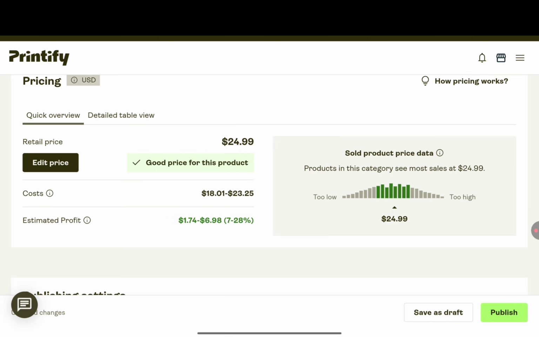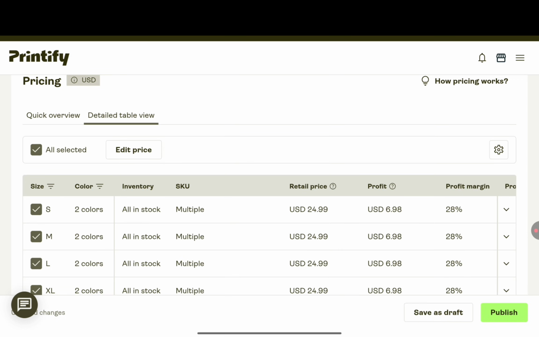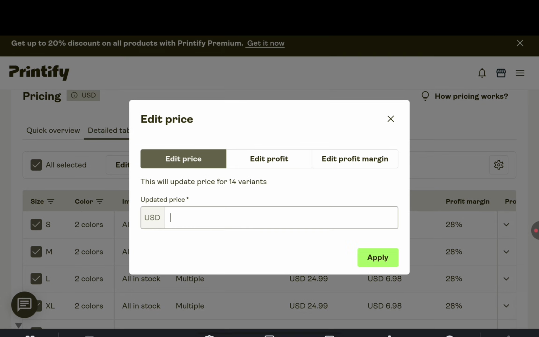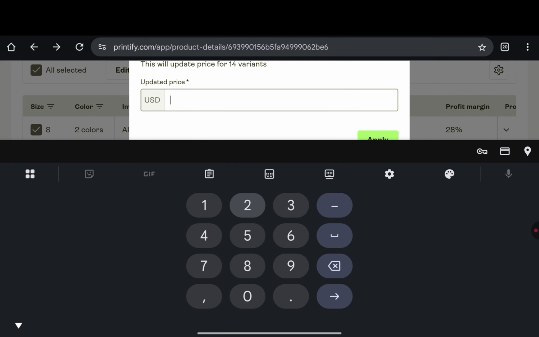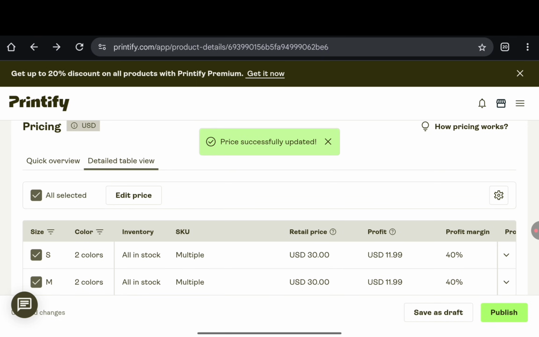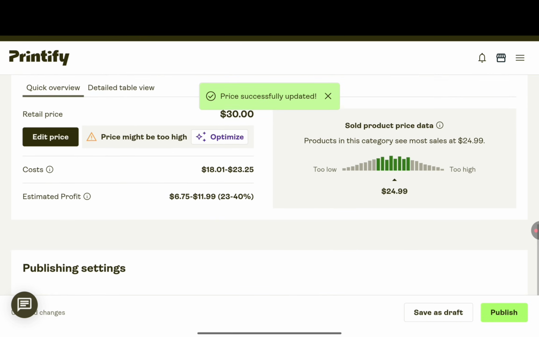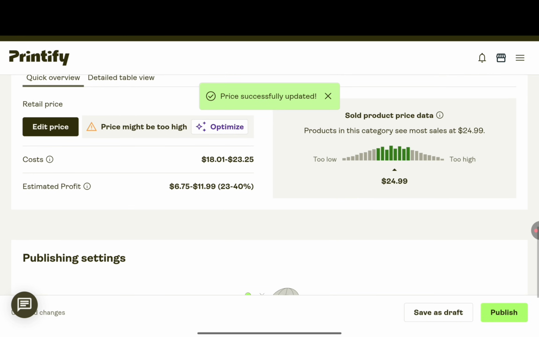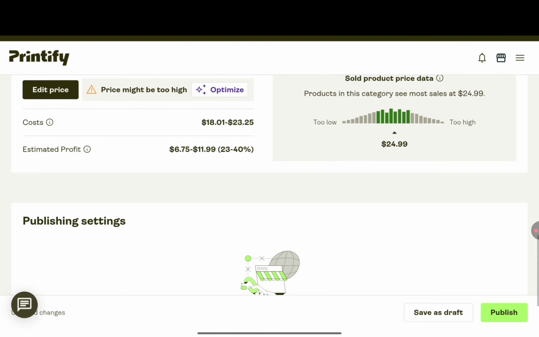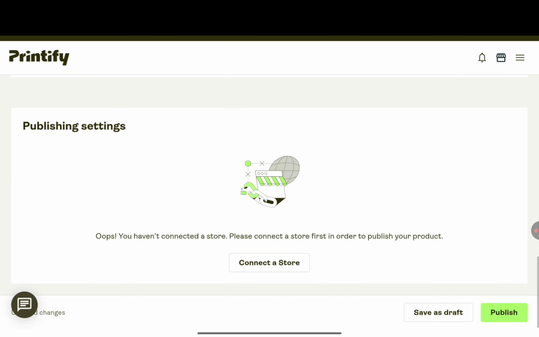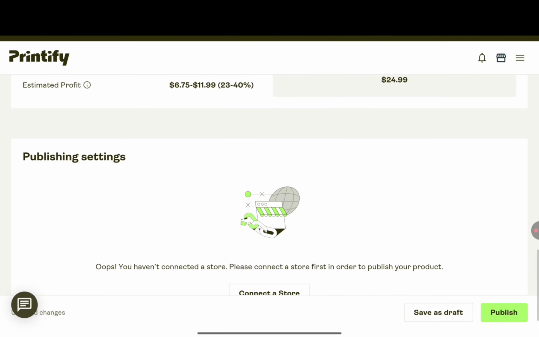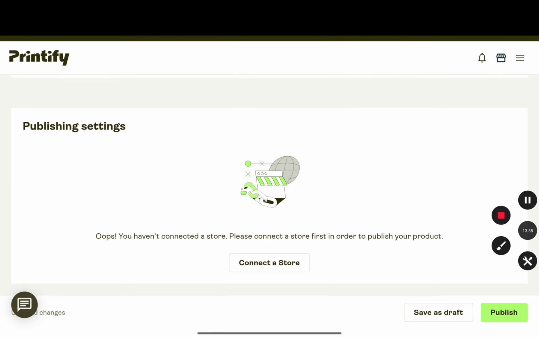Now, if I click on optimize, it's going to optimize it automatically and give you a good price, but I don't think that makes sense. I mean, who's going to be selling clothes for $1 per cloth, right? So to me, I think the best price to put this is going to be at $30 per cloth. So each and every single cloth you sell, you're making up to $6 to $11.99 for a single cloth, and that's basically it. So the last thing to do is to go ahead and connect your store, right?